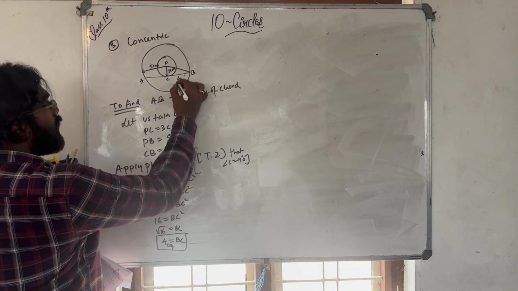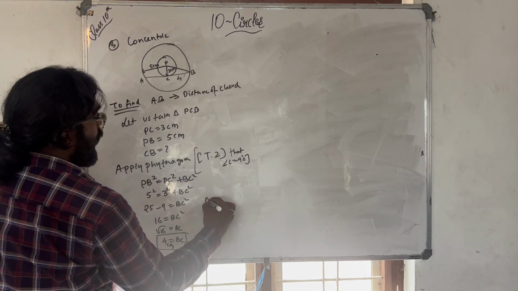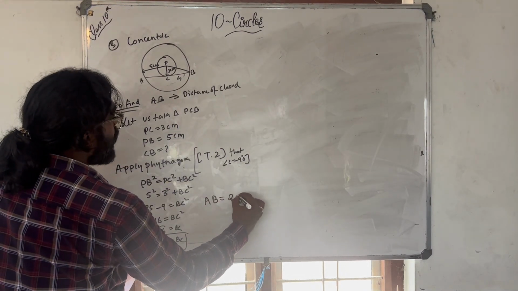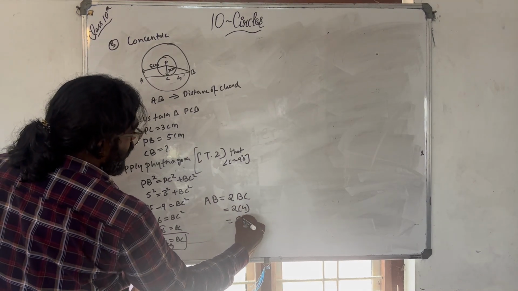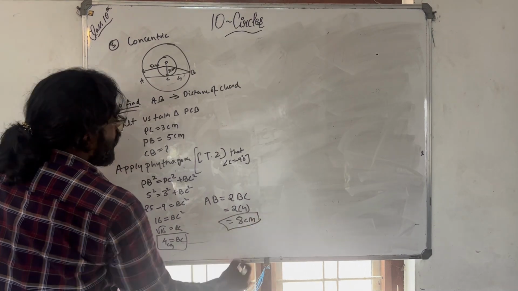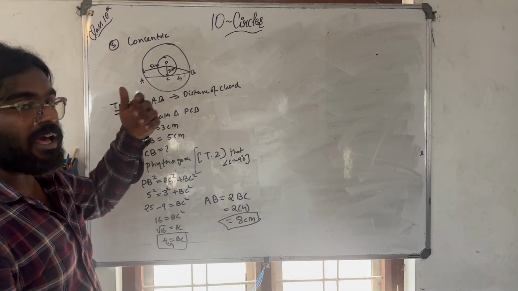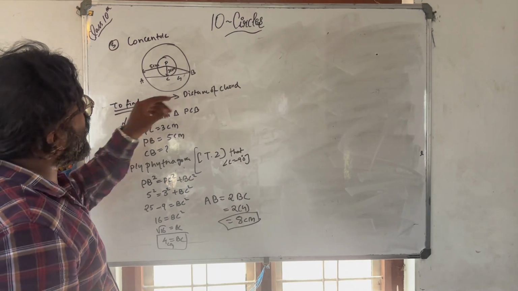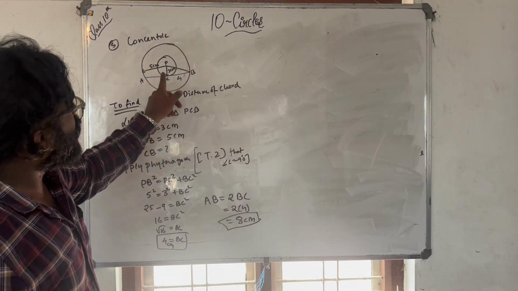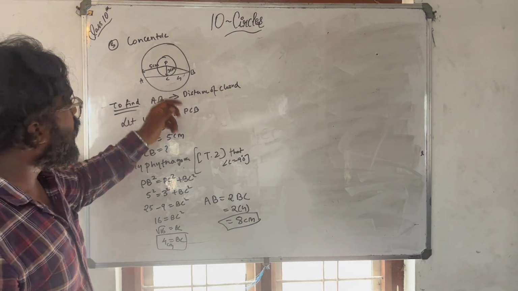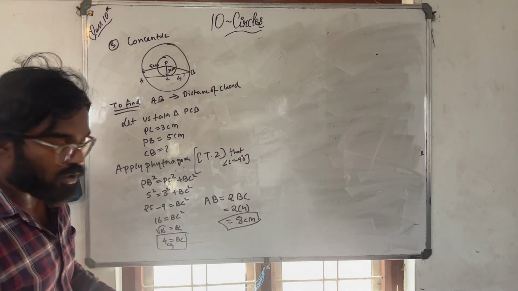तो अगर ये 4 है तो AB विल बी 2 times of BC, so it is 2 times of 4, that is 8 सेंटीमीटर। So I hope you understood टू कॉन्सेंट्रिक सर्कल के बारे में पढ़ाया गया है, और उसका ये पहले ये लेंथ ढूंढना है, उसके बाद ये पूरा कितना होगा, डबल होगा, क्योंकि ये हाफ इट विल बी, राइट। सो आई होप यू अंडरस्टूड हाउ टू डू दिस क्वेश्चन।